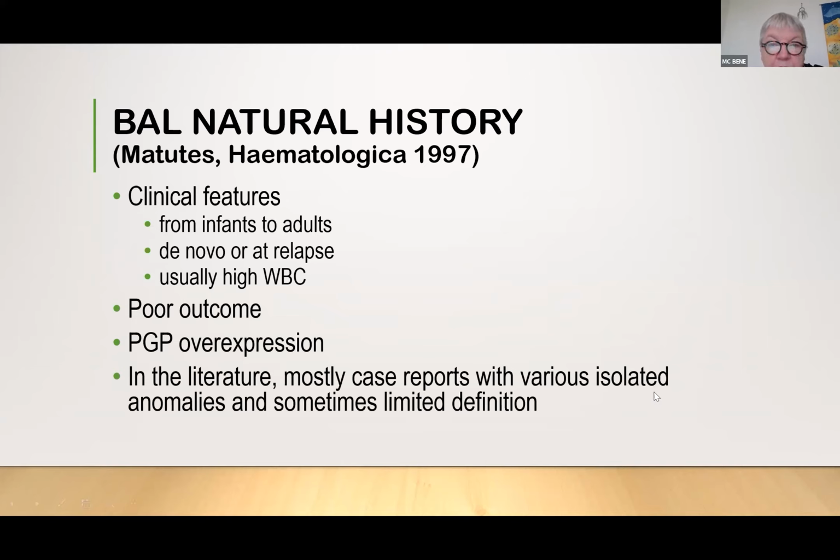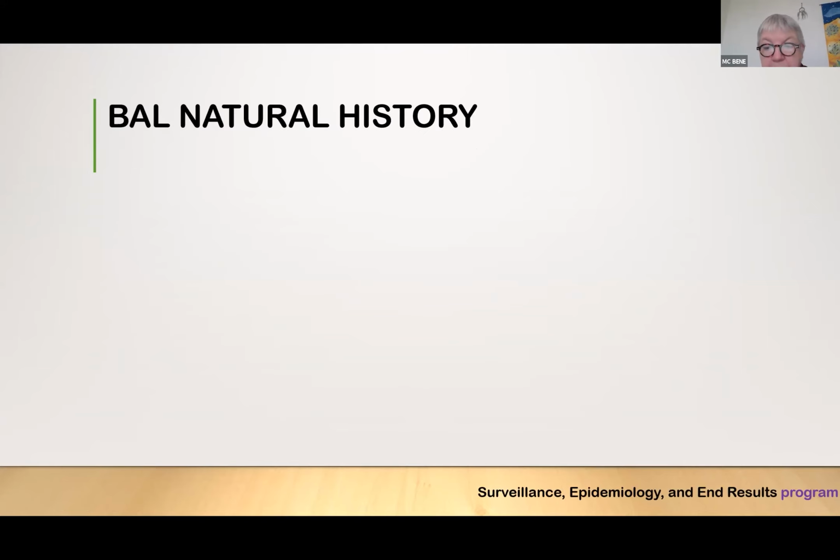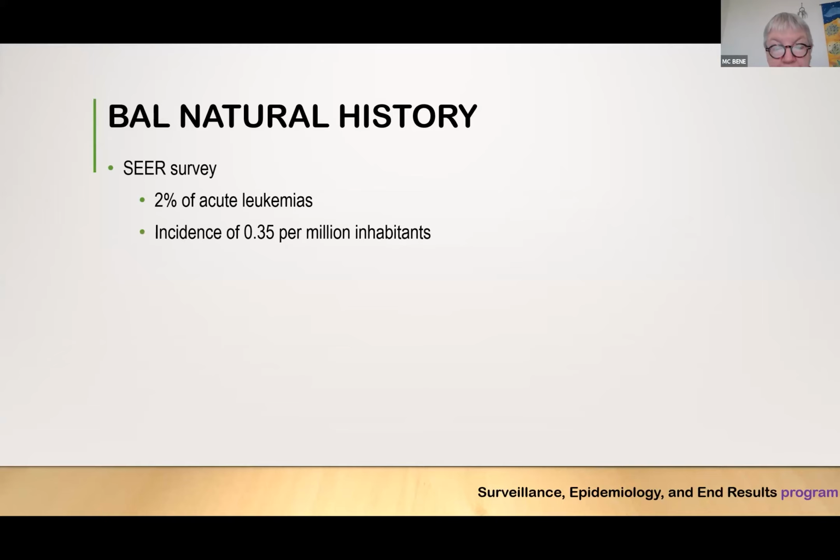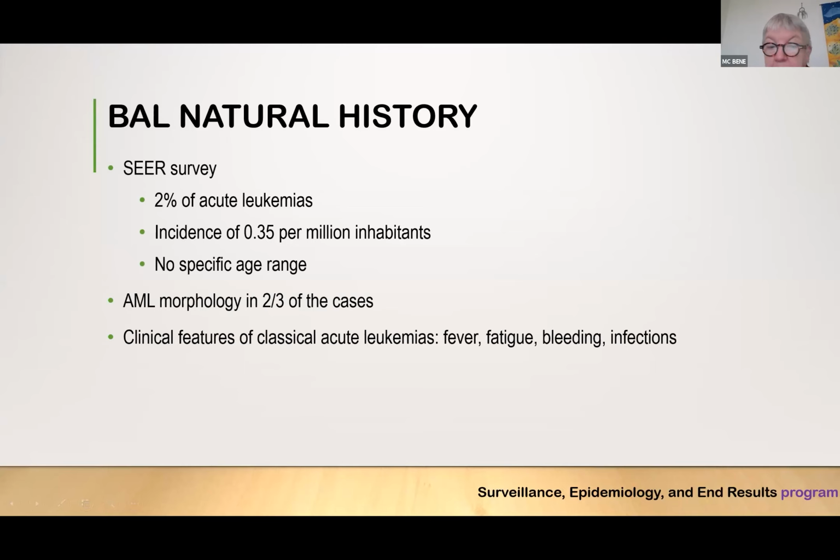And in the literature, most of the cases report various isolated anomalies, and sometimes the definition is limited. So it's not that easy to make a meta-analysis and have a real good idea of the incidence. But there was a survey that produced more data, the SEER survey, that showed that it was 2% of acute leukemia, so well under the 5% mentioned by Estella. Incidence of 0.35 per million inhabitants, no specific age range again, AML morphology again in 2/3 of the cases, and